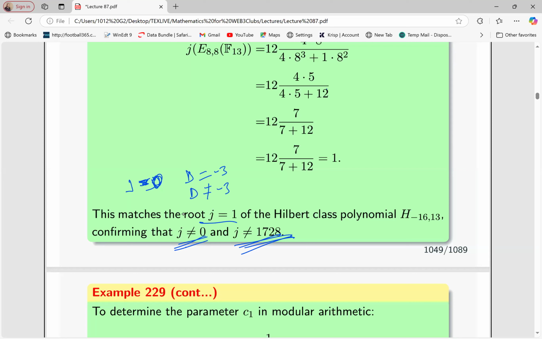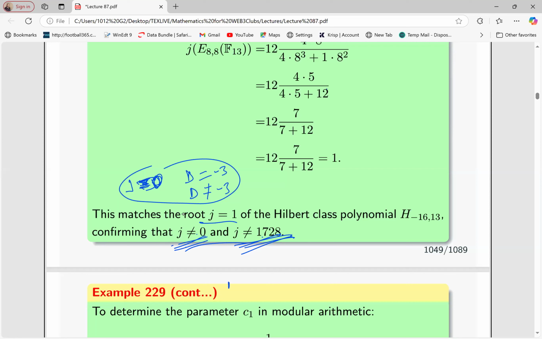I'm just trying to remind you of one of the cases we can consider. For a case, J is not 0, so we cannot consider this case. So the only case we can consider is when J is not 0 and J is not 1728. This is the only case we can. And what are the possible curves here? What are the possible curves when J is not 0 and J is not